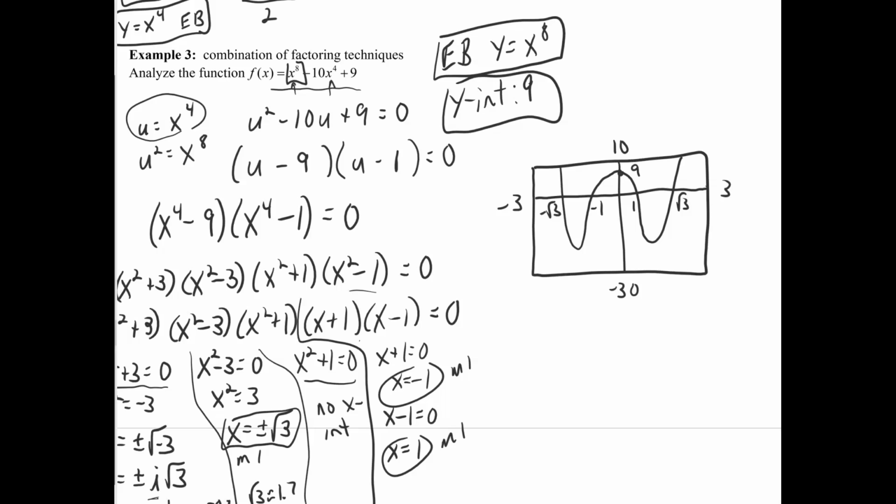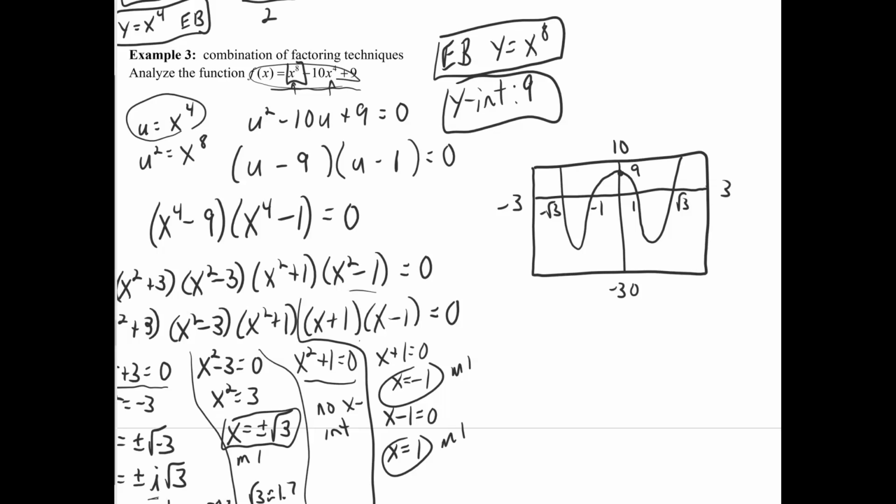You don't have to search for the local max. Also, once you find one of the local mins, the other one would just have the opposite x. So it's worth a little bit of a glance to see if this is even. Now, this is something you can do in your head. You don't need to write this out, but let me just remind you here that this function, the